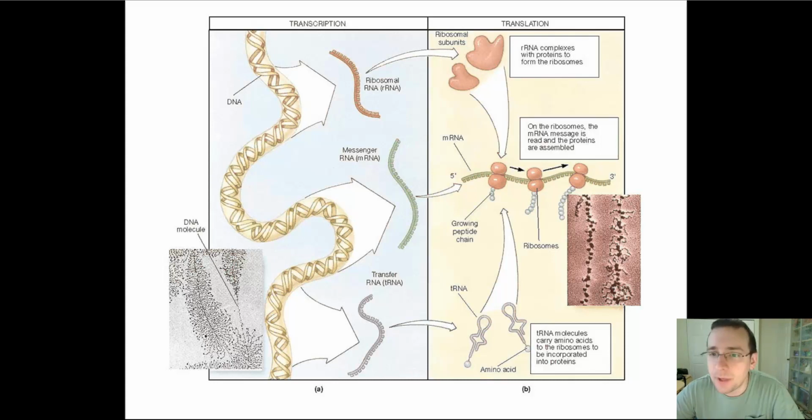But if you had to pick one of these molecules as the original molecule or the most important molecule, which one would you pick? Would you pick the one which is what you're made of? 90% of the stuff that your body does is made of proteins. Would you pick the one that includes the master plan to making the proteins or the ribosomes or the RNA? Or would you pick the RNA, which acts as the bridge and can have so many jobs? Now, when life first evolved, you have the chicken and the egg thing. Could you have DNA without proteins? Could you have proteins without DNA? Could you have RNA without either of them? That is the question that you really have to ask yourself.